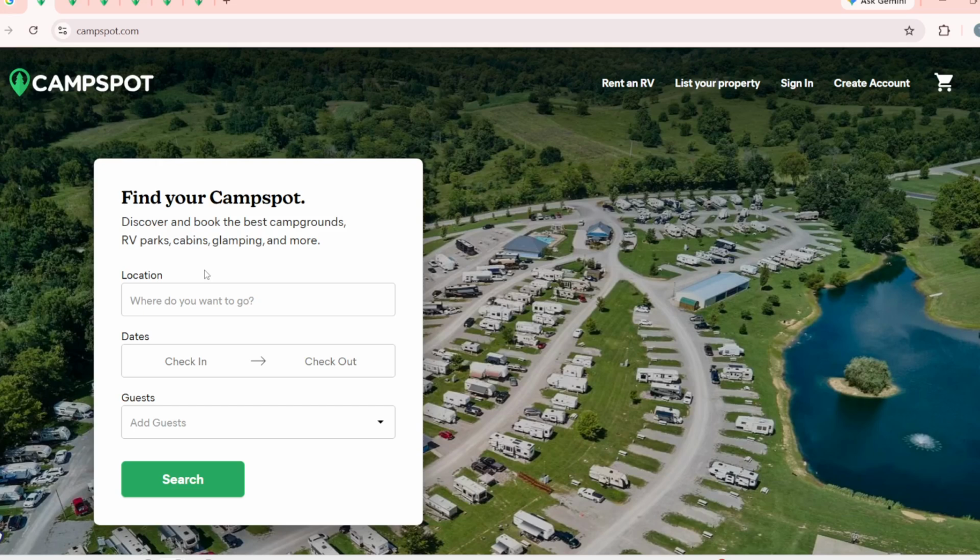need. After that, you will need to add your preferred location, check-in and check-out dates, and the number of guests, including children and pets. Once everything is filled out, click on the search button. This action will help filter the available sites based on your criteria. It is important to be specific in this step so that you locate options that fit your needs perfectly. The results will display various camping sites that match your input, allowing you to explore your choices.